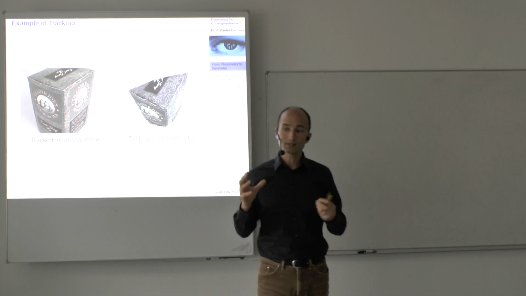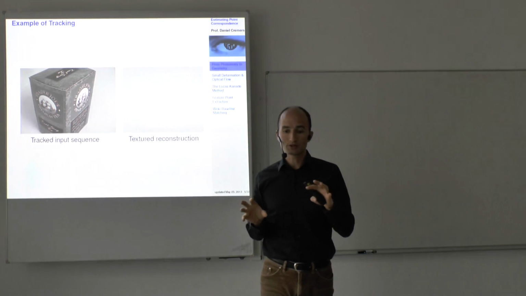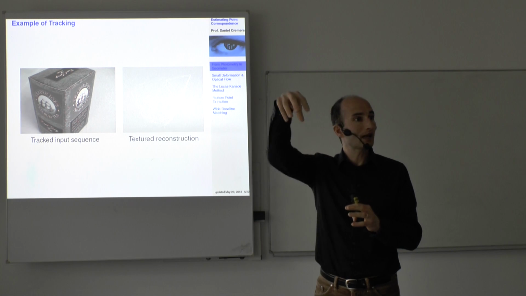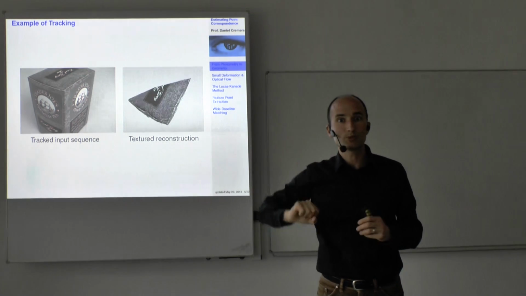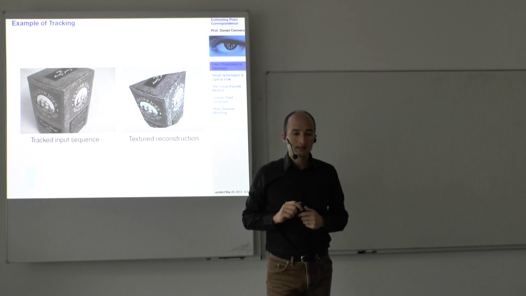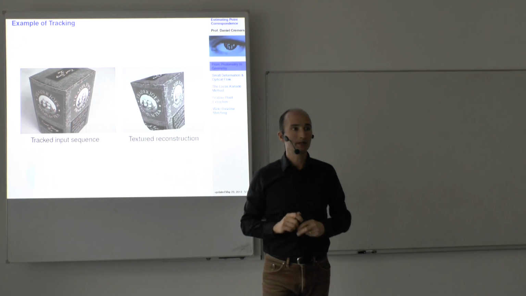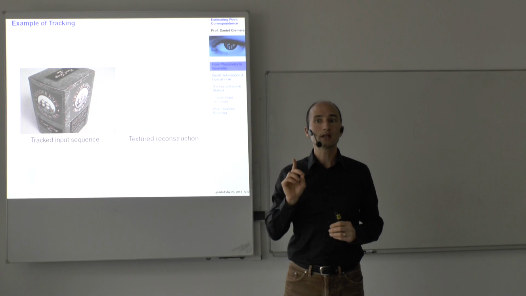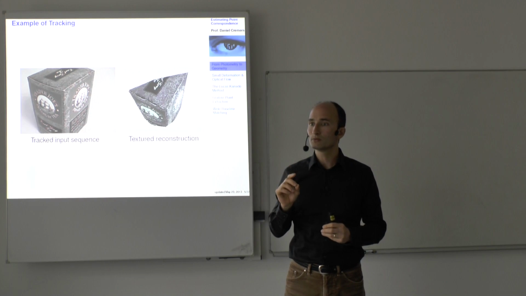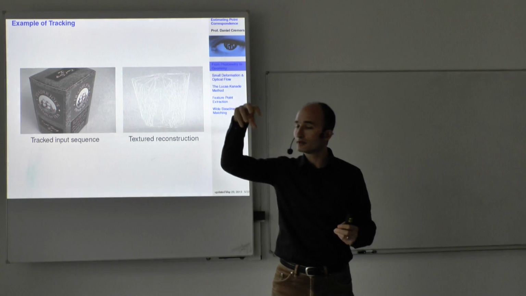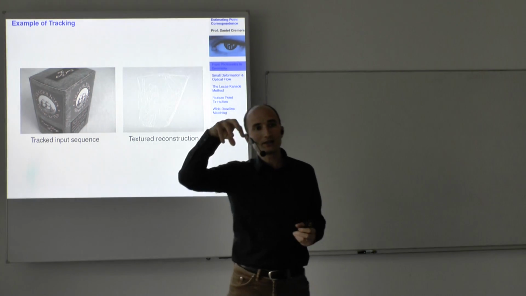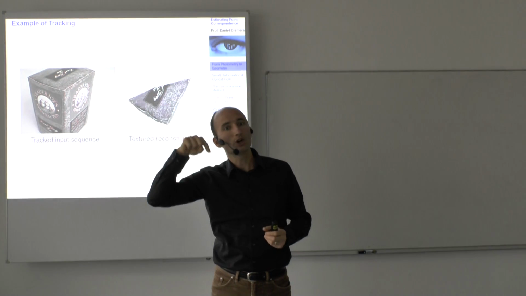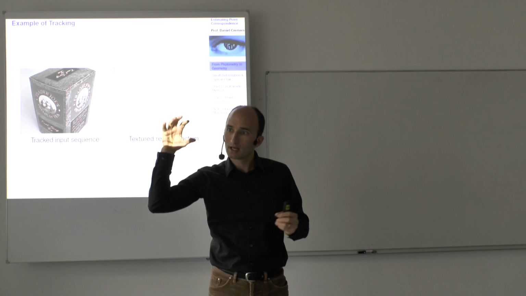What you want in reconstruction is often to see a new view of the scene. What would this scene look like if I looked at it from that vantage point? View-dependent texture mapping means you take the geometry and, before you render it, you ask: where is the new view going to be generated from? Where is the virtual camera standing? And then you select for the texture map those images that are closest to that viewpoint